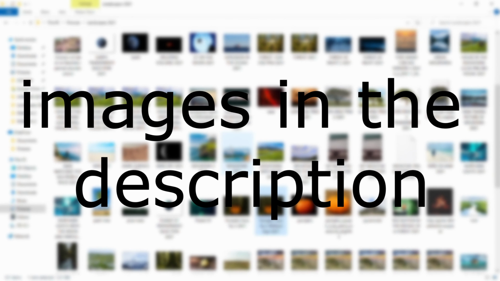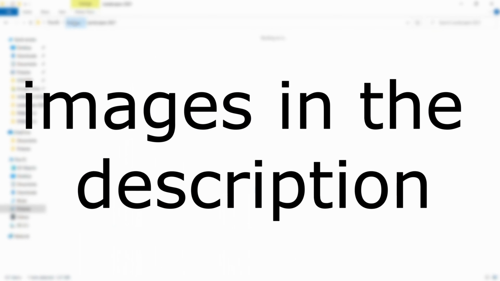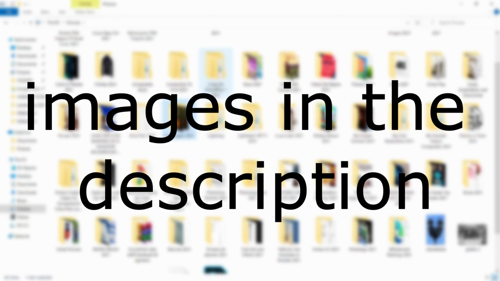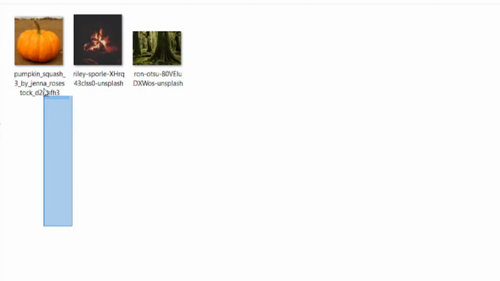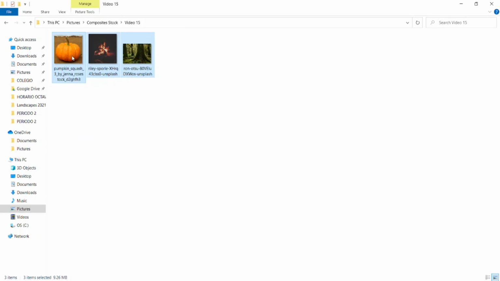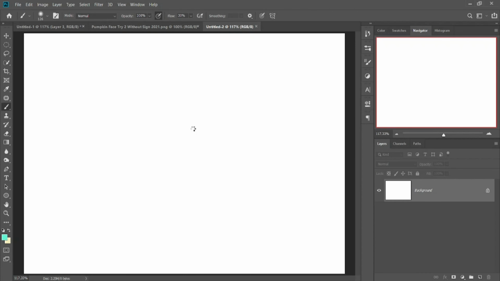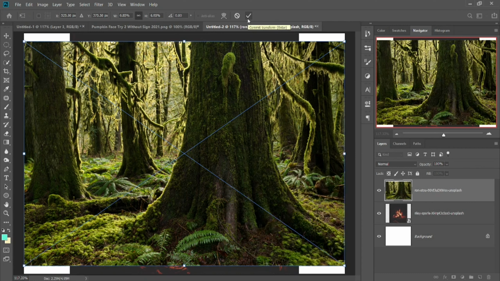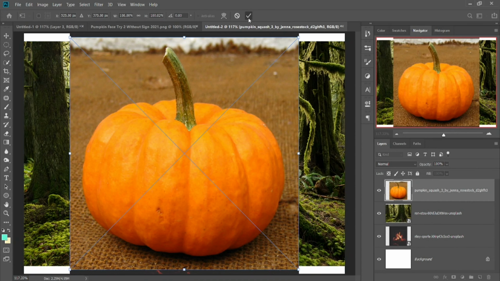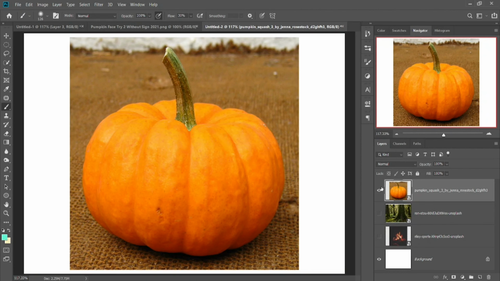Okay, so the images that we're going to be using are these ones right here. Let me go ahead and just show you real quick. Okay, so it's these three ones. So let's just go ahead and pop them all into Photoshop. Okay, fire. I'll explain the usage of each image later on in the video when we need them. Okay, so yeah, the first thing that we're going to do is the background, which is going